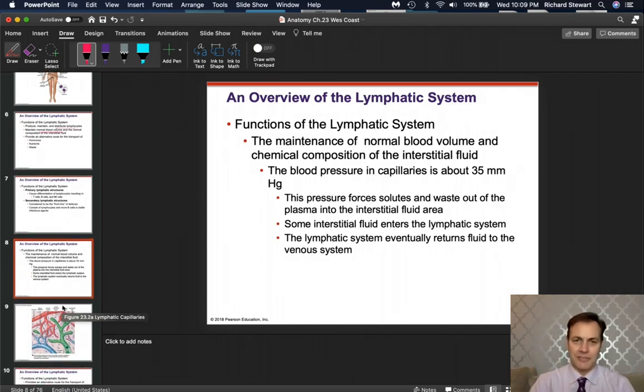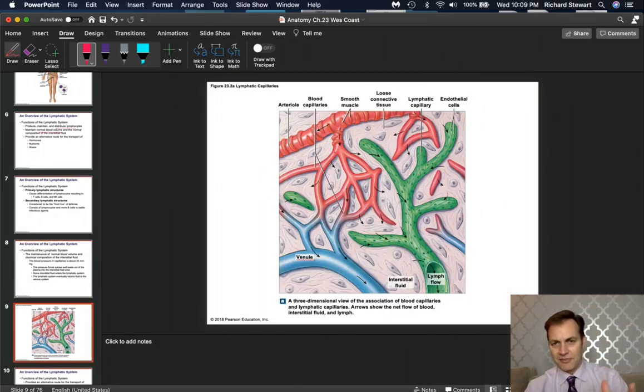Don't worry too much about this whole thing. Just understand that there's pressure from the blood vessels and the capillaries. That pressure puts on the lymphatics. So as you can see right here, the lymphatic system is right along this capillary, so we can have fluid that can go right inside there.